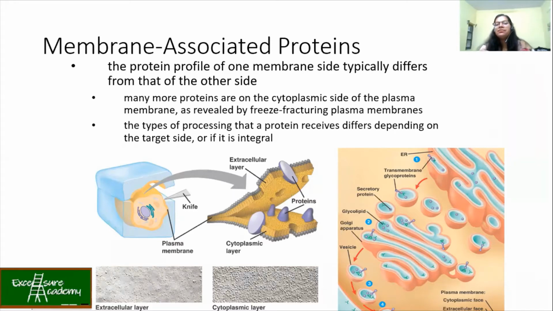For example, your pancreatic cells are more of secretory proteins because they have to produce a large amount of insulin and then release it so that glucose absorption can take place. Those kinds of cells mainly have secretory proteins. There are certain cells which are just meant for interactions. They're not going to release anything, but the interaction studies will be there, and for interaction you need integral proteins. So the protein profile of the membrane of each cell is going to differ.